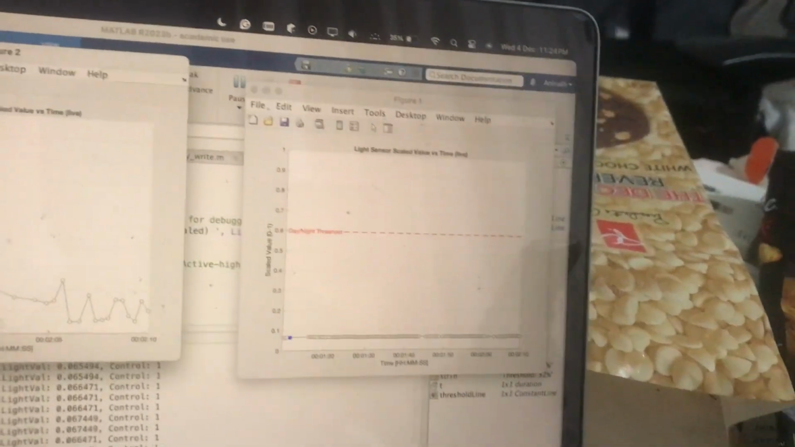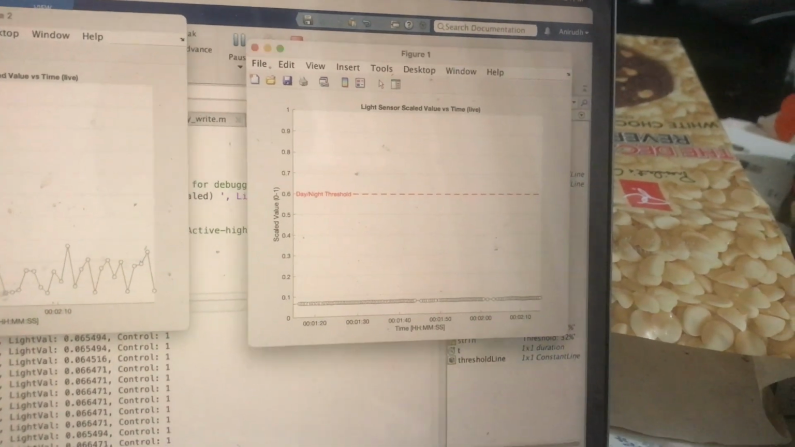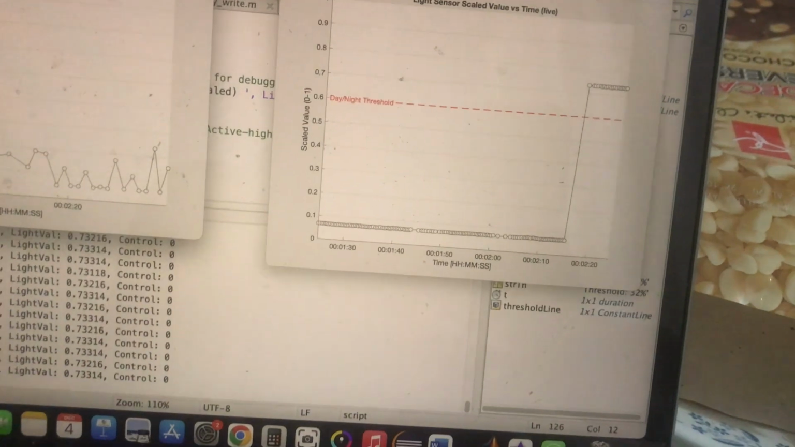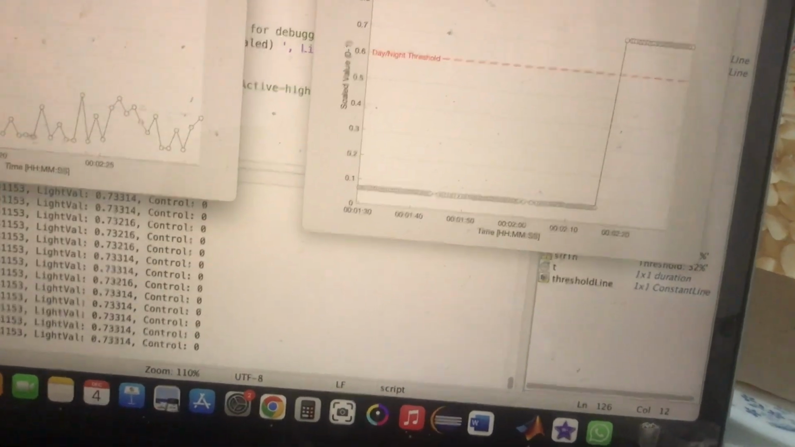So now I will apply a light on this. The current threshold is 0.43. Now I will sound an alarm. I will make a sound. The most effective way is coughing. This is a little embarrassing, but